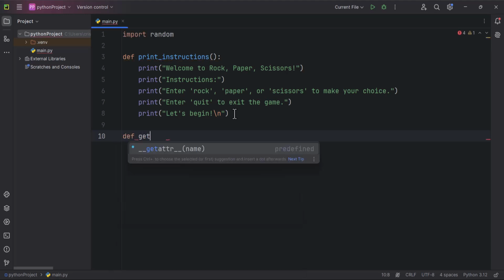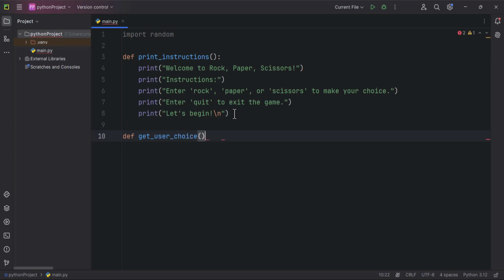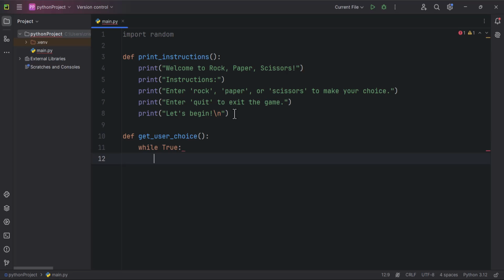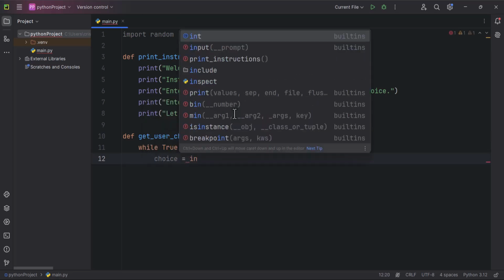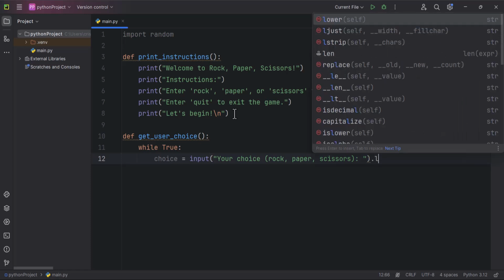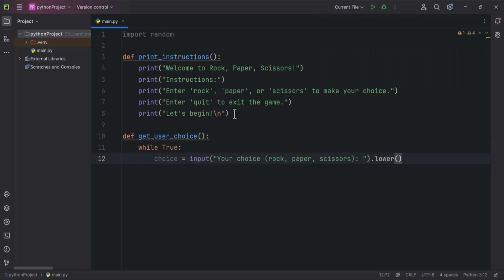def get_user_choice, colon, and I will type while True. choice equals input, "Your choice: rock, paper, scissors", and I'm gonna put lower, because